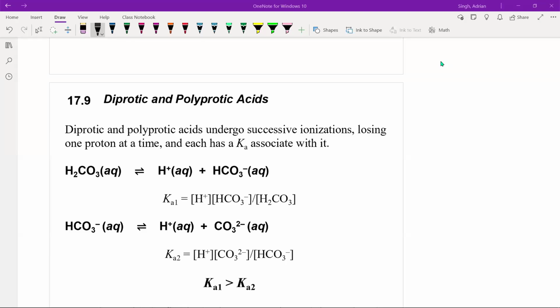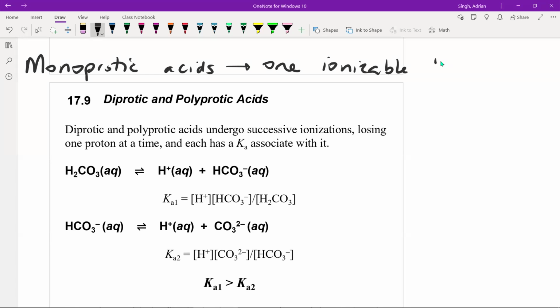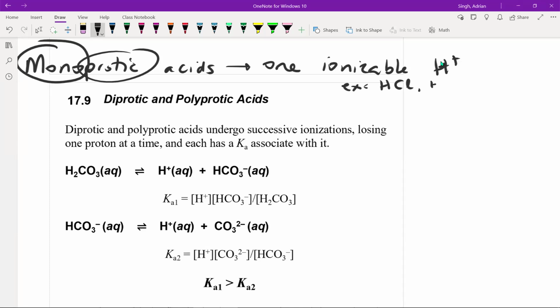So all of the examples of acids that we've looked at so far have been what are known as monoprotic acids. Monoprotic meaning that there's one ionizable proton, one ionizable H plus, meaning there's one H plus that can be lost. That's where the mono, one, and then protic, meaning proton, can be given up. So for example, we looked at HCl, we looked at nitric acid, HNO3, we've looked at acetic acid, CH3COOH, which